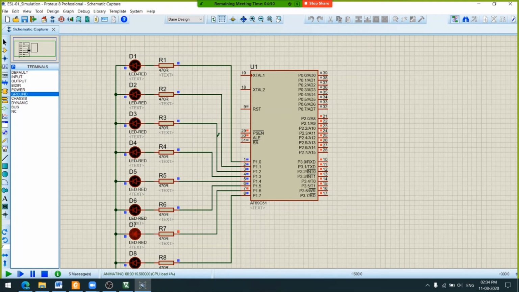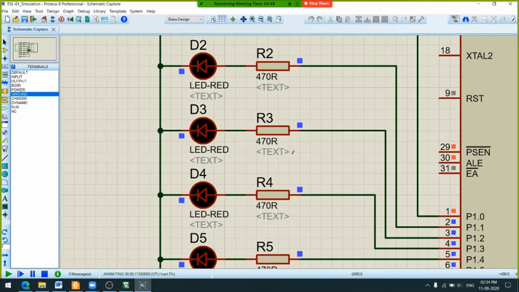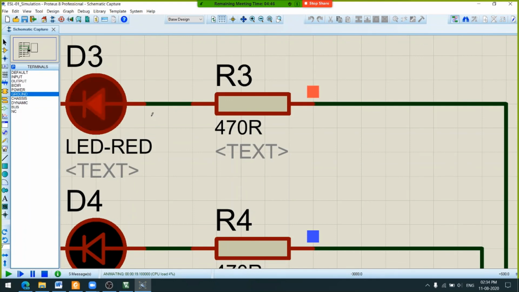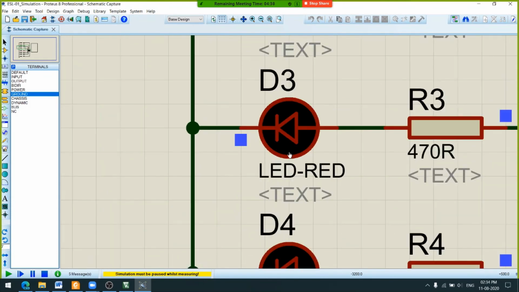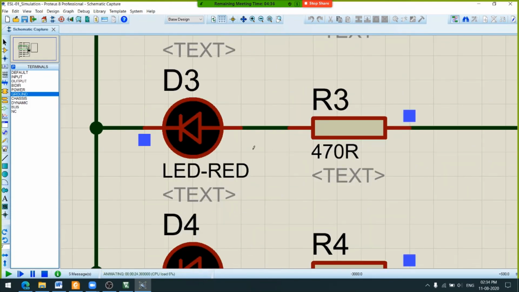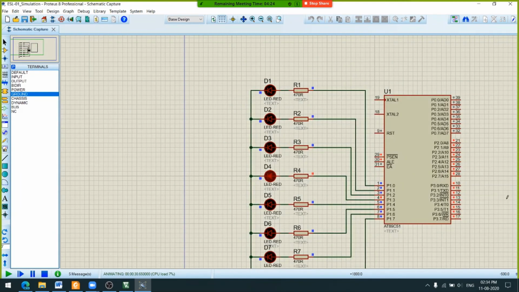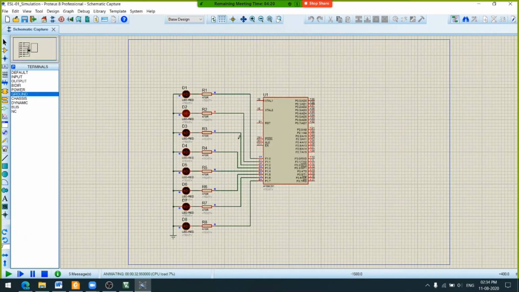Okay, so this is how we can simulate. Let me focus on one LED. See, this is the LED blinking every time, and subsequently this blue dot is getting changed into red, and this is again red. So this is how our file is working. Now if you have observed, we have quite a small delay between the two intervals, right? Let's go and increase the delay.